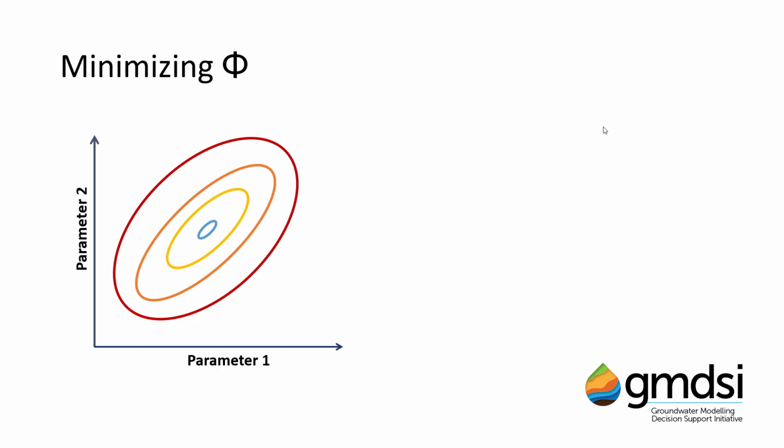Imagine a case in which we have two parameters. Combinations of these parameters result in different values of the objective function. We can plot the surface of the objective function as a contour map, such as is shown on the slide. So in this case, we have two parameters. For any case in which the combination of parameter 1 and parameter 2 in the model results in an objective function value that falls along this line, all have the same objective function, and so on and so on. So in this case, each concentric line represents an isoline of the objective function value, which decreases as we progress to the center.